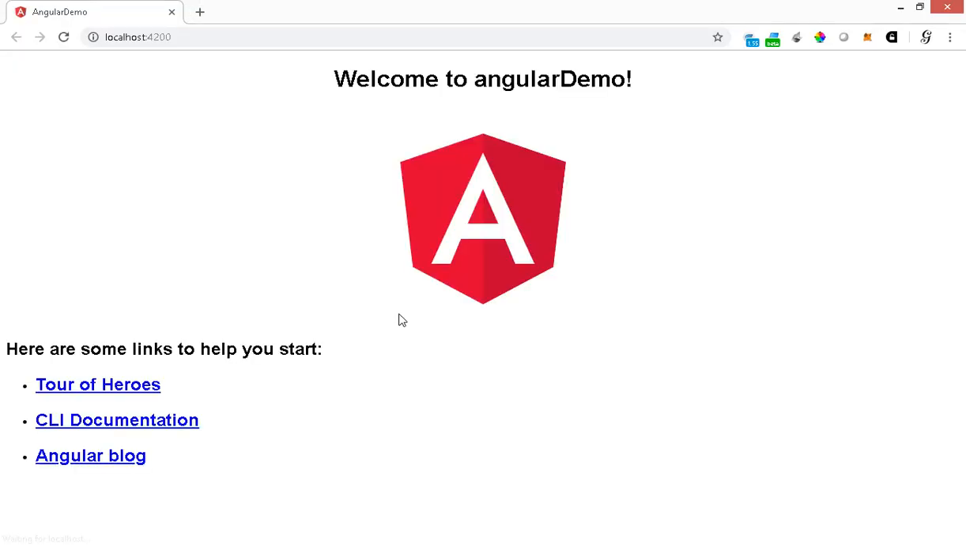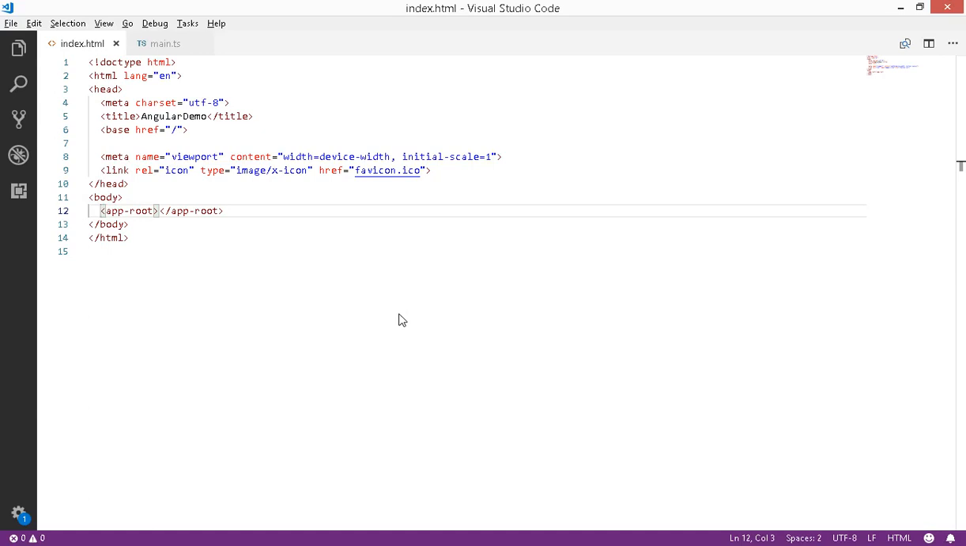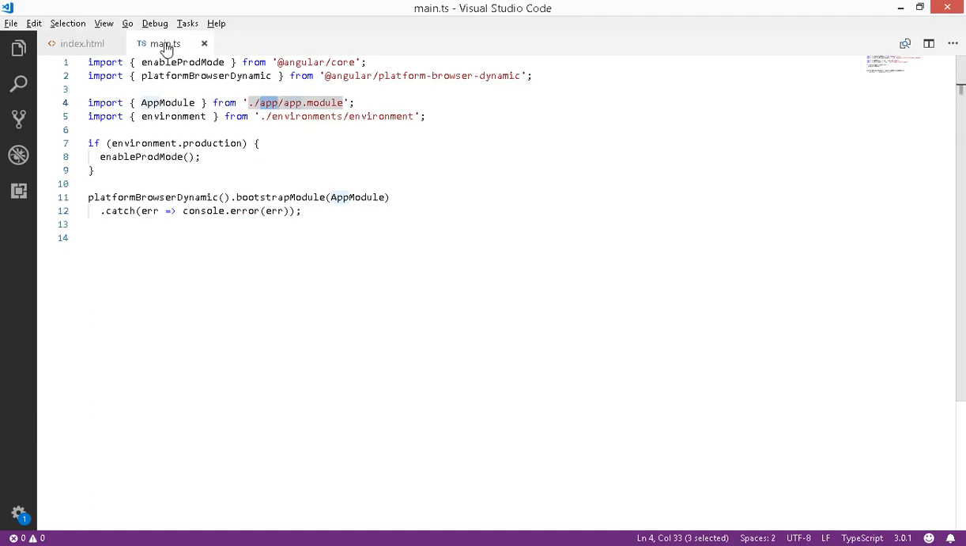Now again refresh. Yeah, again the output is coming. So app-root, this tag contains a lot of things which we need to understand, right? So as I told you, after the execution of this index.html, the main.ts file executes. So in the main.ts file,